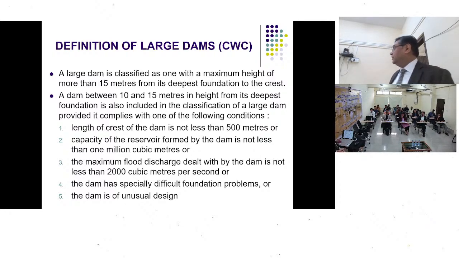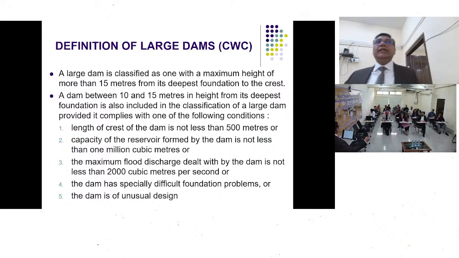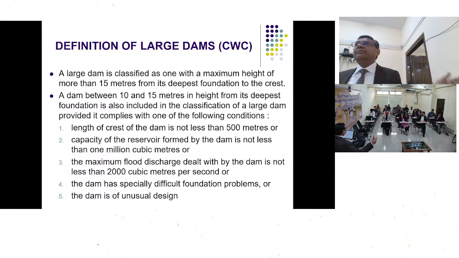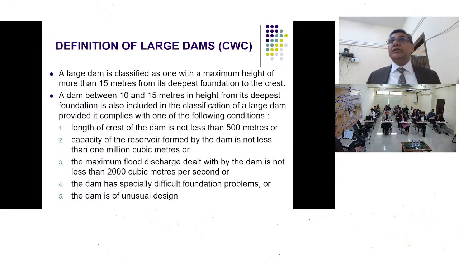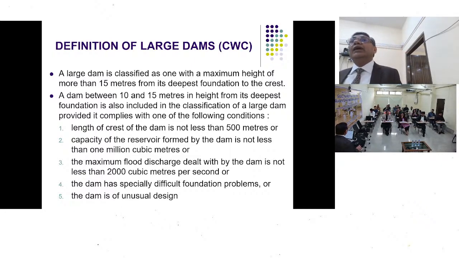So we said, okay, we took the reservoir also as one of the criteria. Then we took that the crest length is more than 500 meters as another criterion, because if the crest length is going to be high, it means we are going to form the dam in a relatively wide valley. Only then will we have a crest length of more than 500 meters. Secondly, we are also taking floods into consideration, because floods create a lot of havoc in our country. The reason why floods create havoc here, and not in other countries, is also that we are